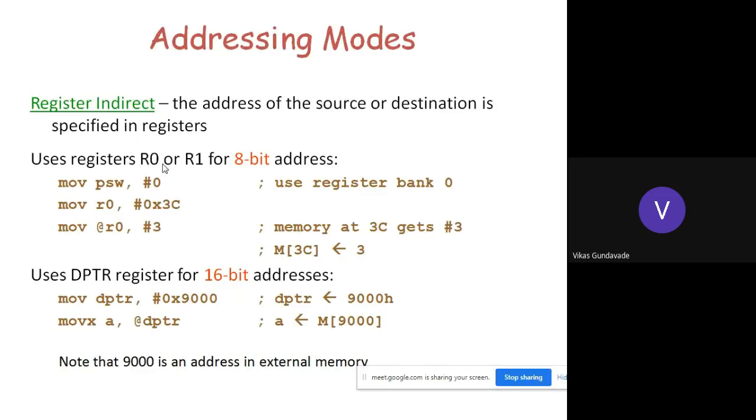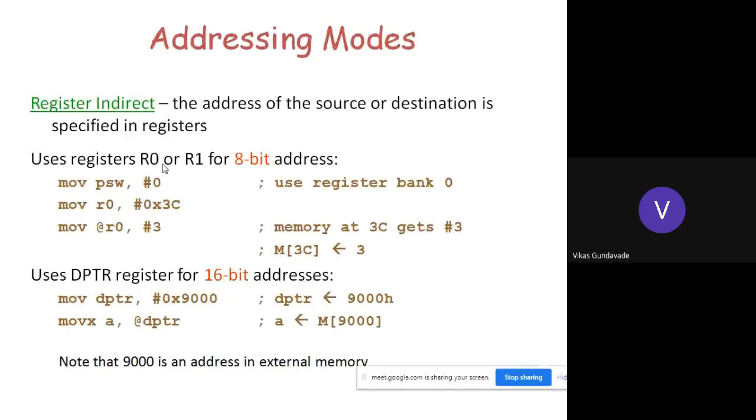Okay, so further we will move towards the register indirect addressing mode. In the direct addressing mode, what we have seen here, directly the address location of the memory is given in the instruction. In the indirect addressing mode, that address location is not specified directly, but it is provided by the pointer. So in this register indirect mode, the source or the destination, any one is specified by the pointer, and that value is accessed through the pointer.